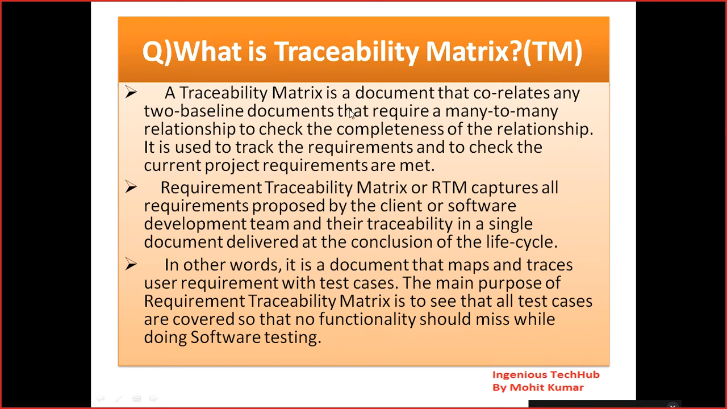A traceability matrix is a document that correlates any two baseline documents that require a many-to-many relationship, to check the completeness of the relationship. It is used to track the requirements. And every module has one document. If you join any company, you will have one separate document site, or you can call it a repository. All the information you will get over there, like module 1 I have tested. What I can do, I will